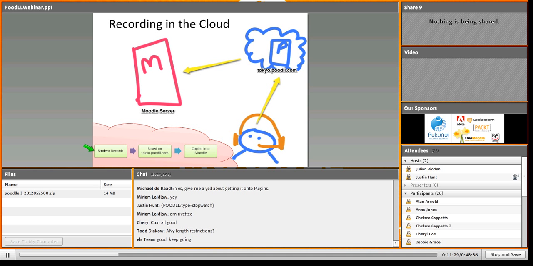So basically the student records, and when they record, the recording goes straight up into our server in Tokyo, tokyopoodle.com, and when they click submit or save, then Moodle actually makes a request. There should be another arrow here, but Moodle actually makes, let me draw that arrow, shall I?